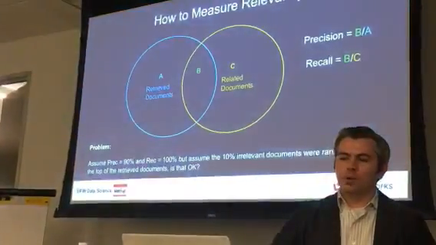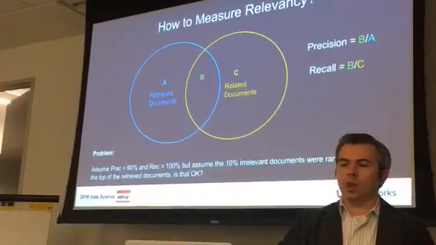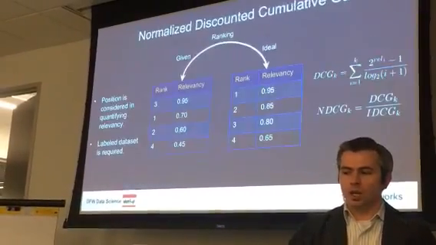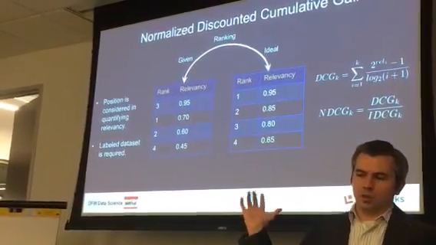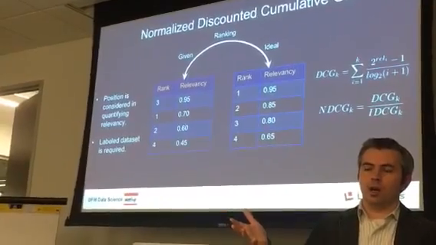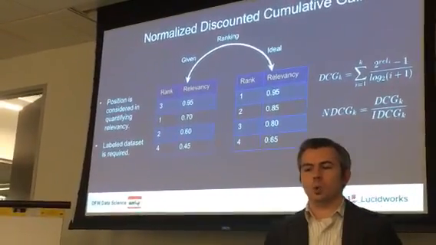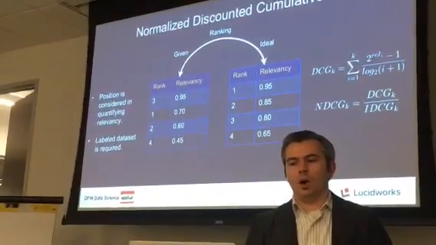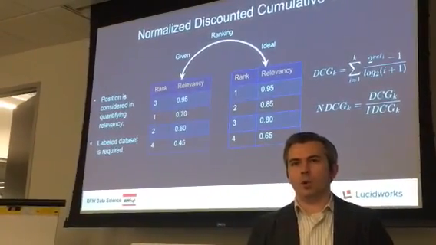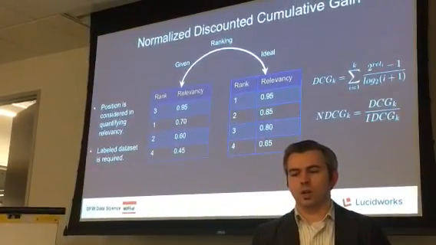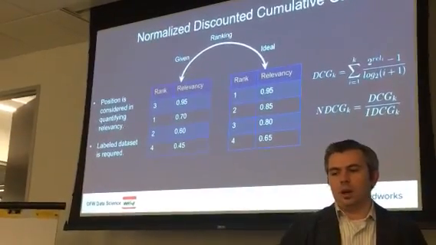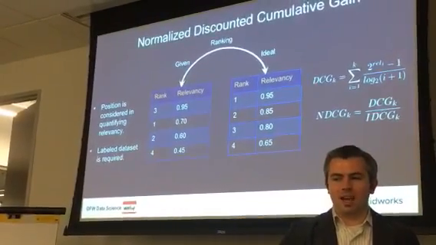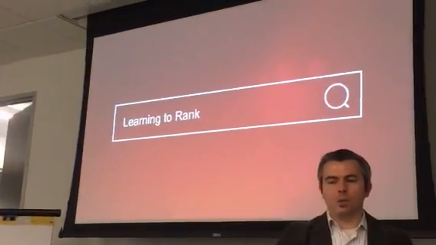So I'm going to skip over this section. It's a general overview of relevancy, how you measure relevancy, how you tune it. There's, in search, in information retrieval, NDCG scores, which is normalized discounted cumulative gain, are one of the better ways to measure search results relevancy. I'm going to kind of skip over what it is exactly, but I do want to jump into learning to rank,